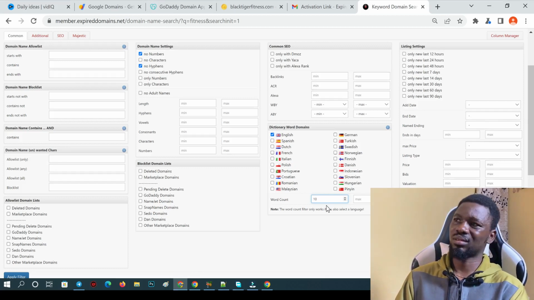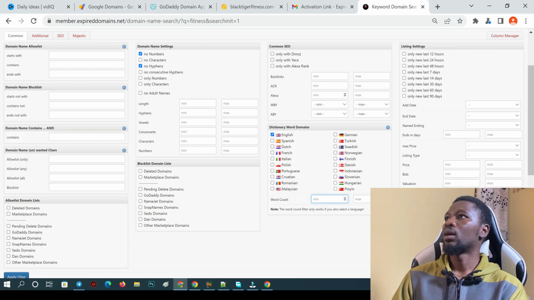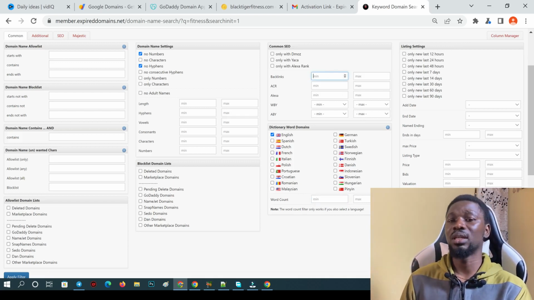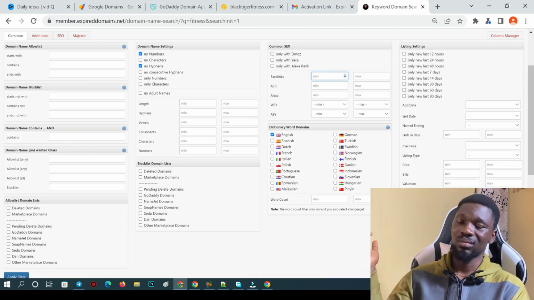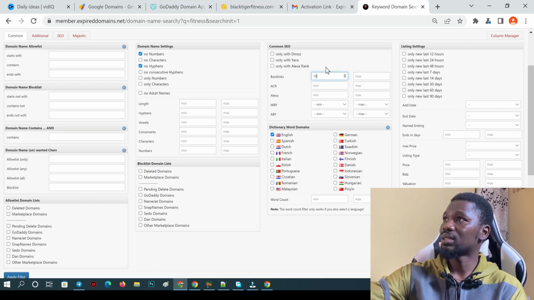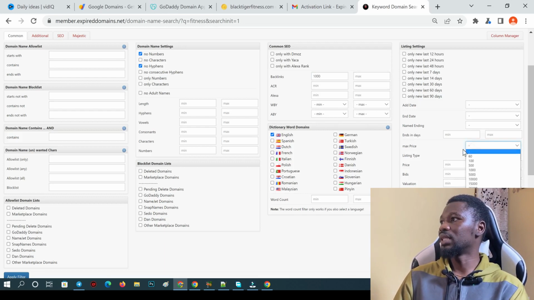Let's just forget about the words. So far the name sounds well and it makes sense. I think we should go with it. So let's forget about words, and let's focus more on backlinks. Backlinks, you want to get a domain name that has a minimum of 1,000 backlinks to a huge amount of backlinks. So let's type in here 1,000, and we don't really care about the price, because